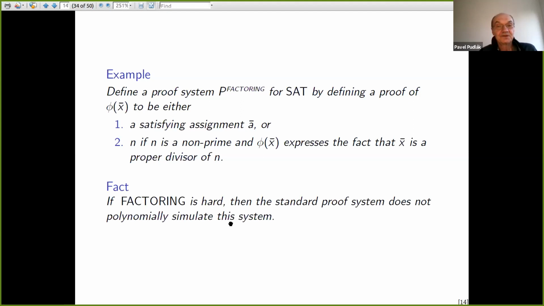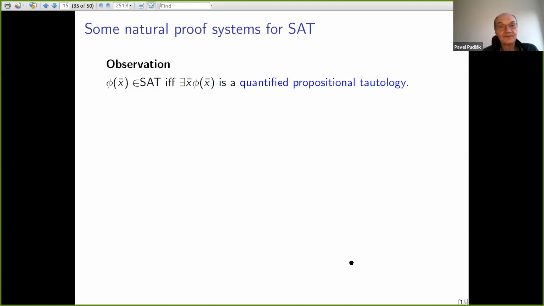And it is not difficult to see that if factoring is hard, then the standard proof system does not polynomially simulate the system, because if it did, then we would get a satisfying assignment for formula phi, and this is what we believe is not possible. All right, so